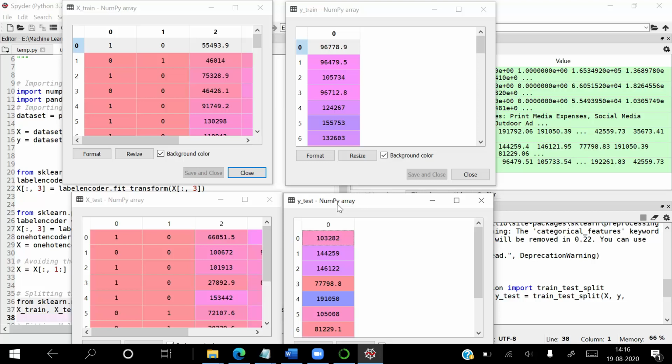We will perform all these steps in coming video session. In next video session, we will build our model on X_train and Y_train, and then we will test it over X_test for making the predictions for profit for these 10 records. We will perform this task in next video session. This is all about this session.